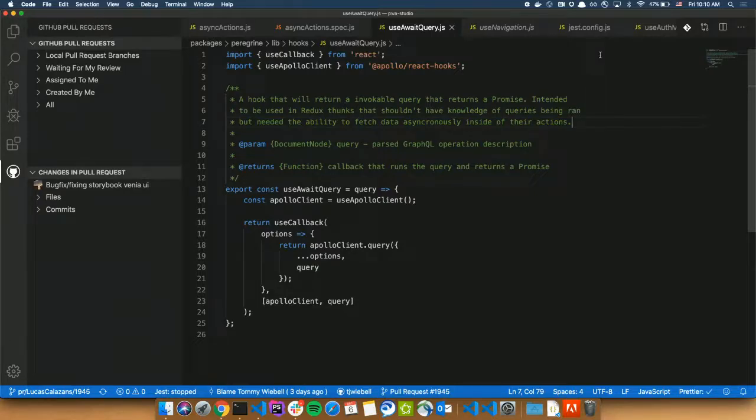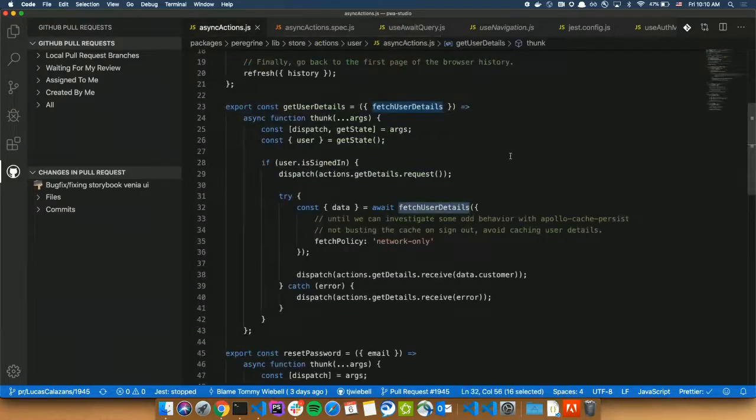No, in the scope of this, we're really just looking to gut rest, add GraphQL, and make the refactors as simple as possible. We have this expectation that after we do all of this work and rest is gone, we will probably want to make this a lot easier. It's not great that this has to be a dependency. It would be nice if you could pre-configure Peregrine with the queries that actions need to run, so you don't have to pass it every time you call it. But it's just an intermediate step to an ideal state.